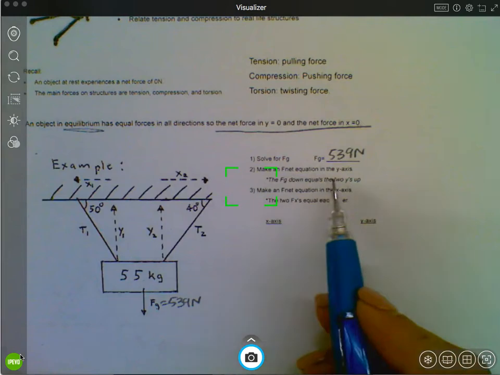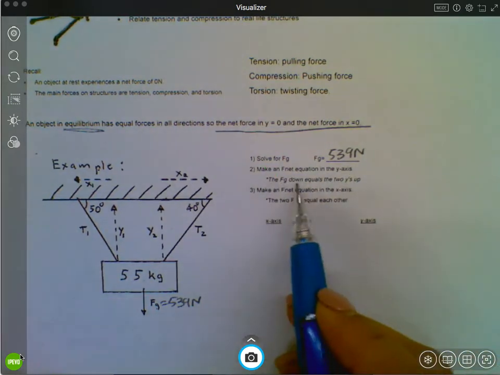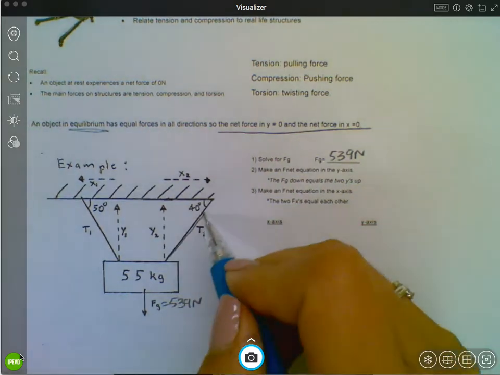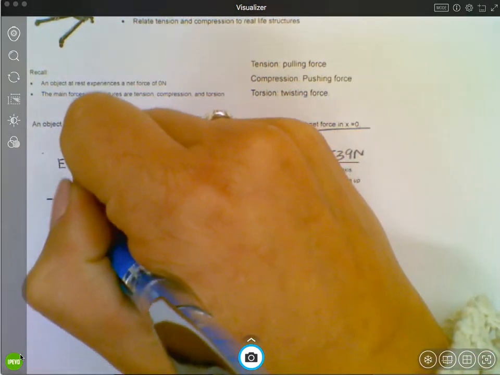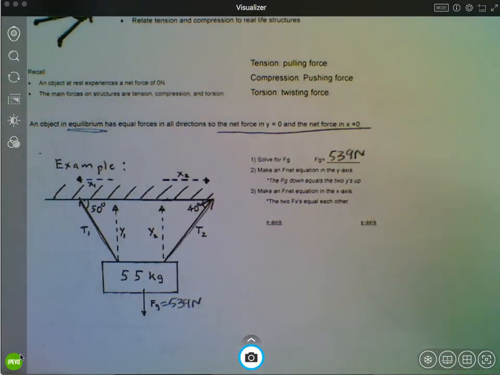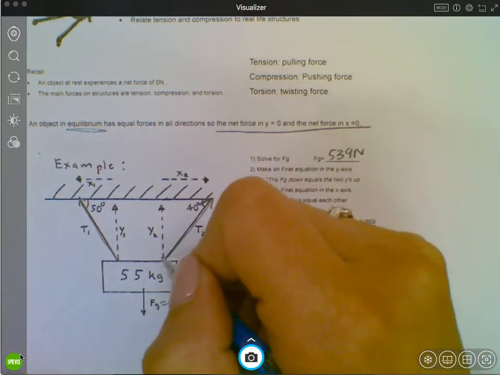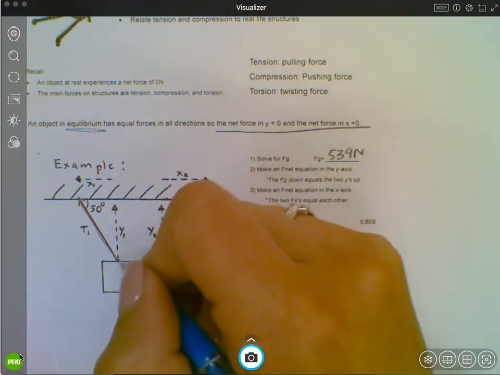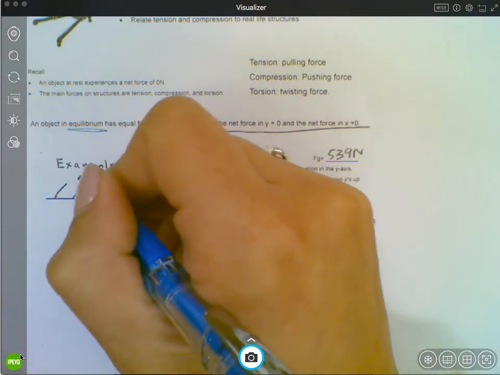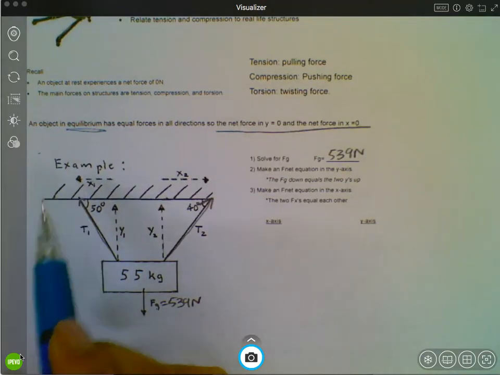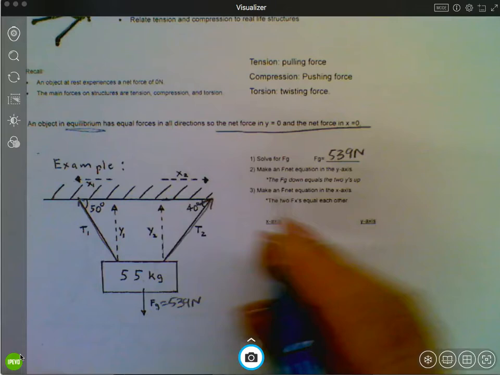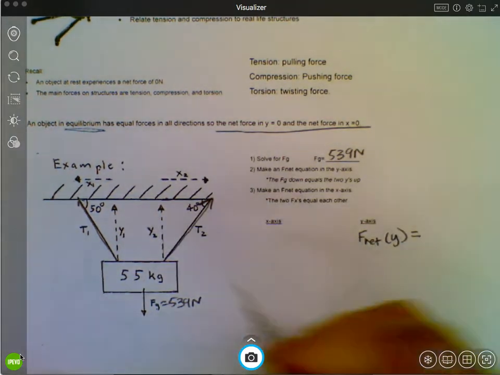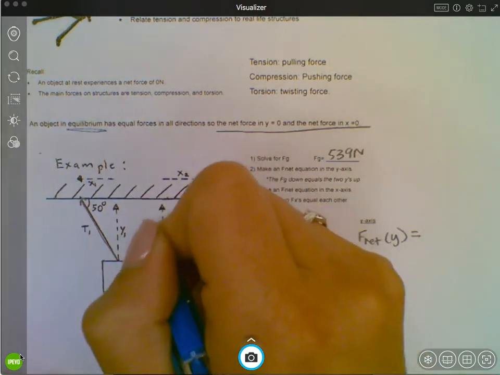All right, we're going to make an F-net equation in the y-axis. So the Fg down equals the two pieces that are up. If you look at these two tension forces, these are both pulling up and outward. So if you break these into their two components, you have the y piece and the x piece, and then the y piece and the x piece. Sorry, that piece there is the x. So if you look at this picture and you were to make an F-net equation in the y, the up forces would be, and I'm going to call this